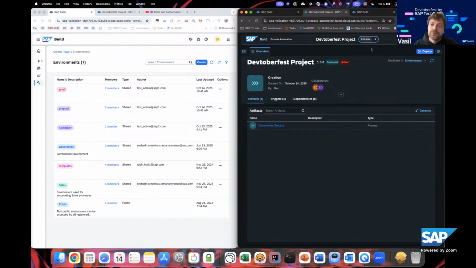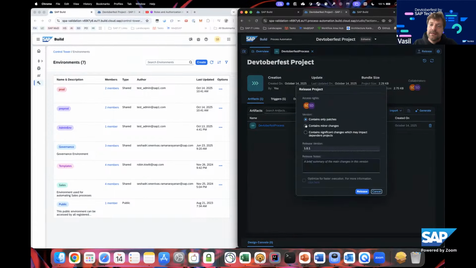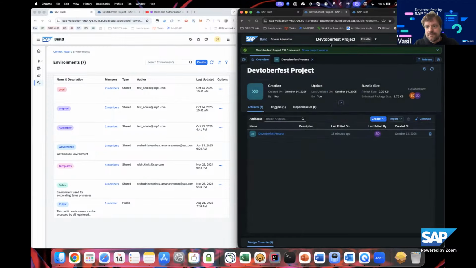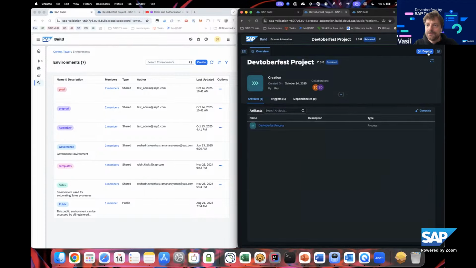And now let's do the following. We are going to go to the editable version of the project. Let's imagine we have done some changes here and we release it. And let's, for the prominence, let's say that it's a major version so that it's clear that 2 is going to be here. And so we now have the second version, and we